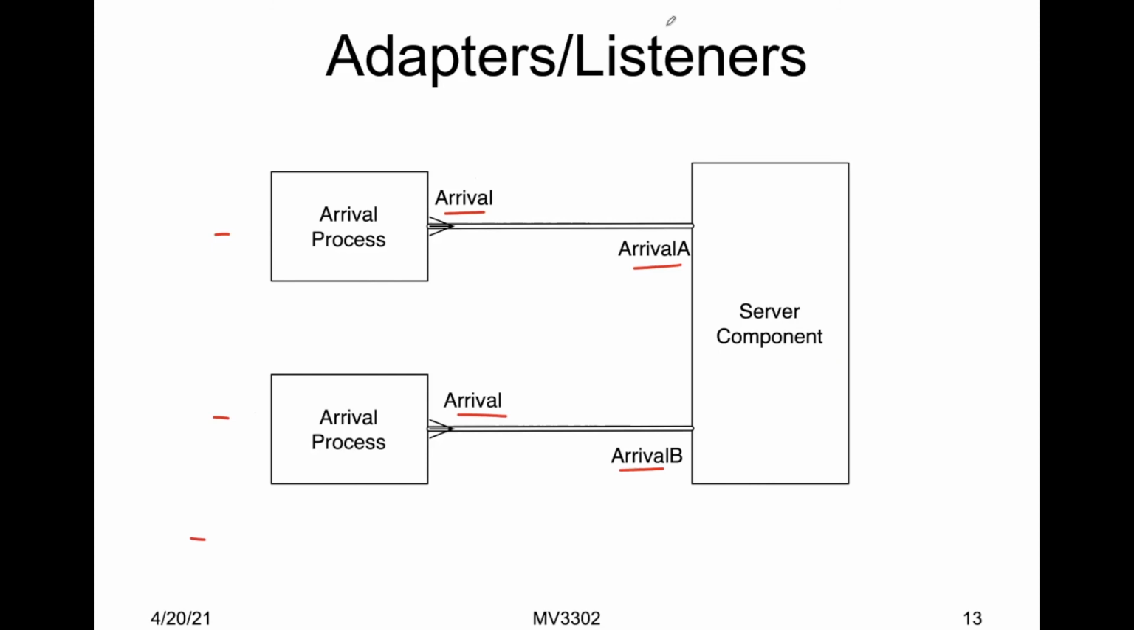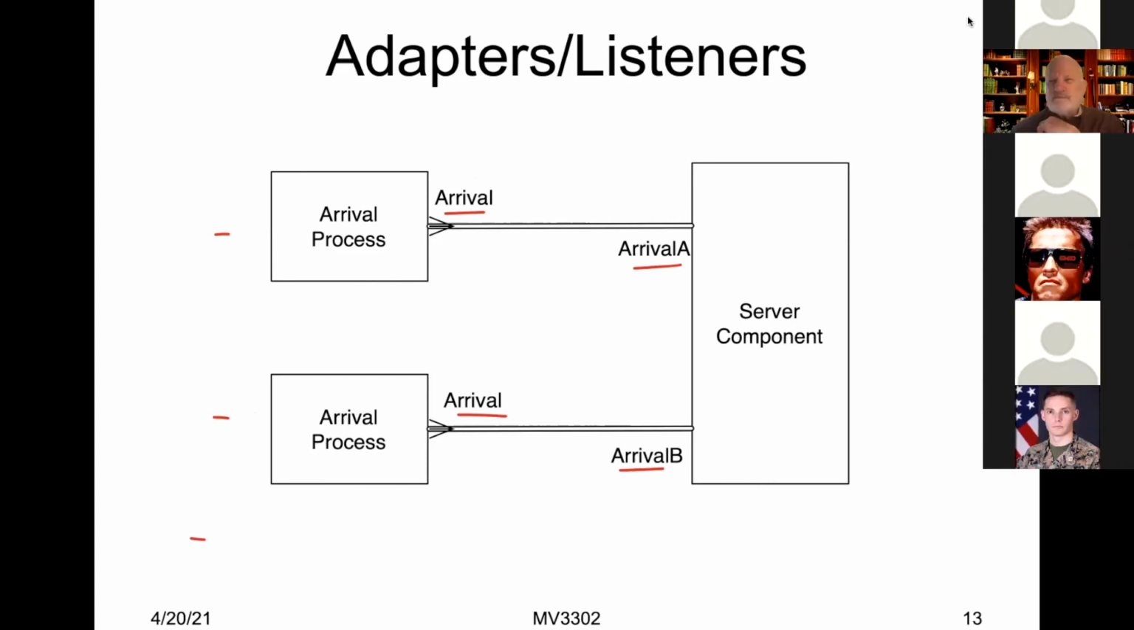I had a question with that. Yes. If you make it arrival process A and arrival process B, then do you need the adapters on the listeners? Well, what is an arrival process A? Like they'd be two separate programs, I guess. Yeah, so in other words, could you write one class that would have arrival A,